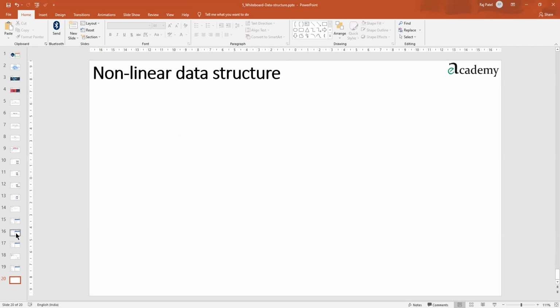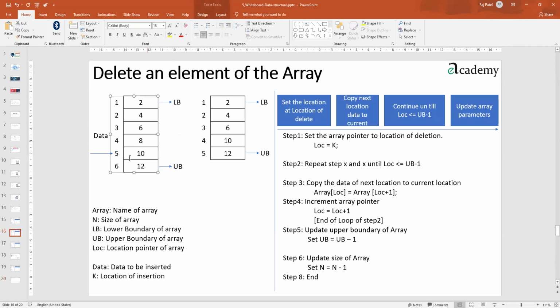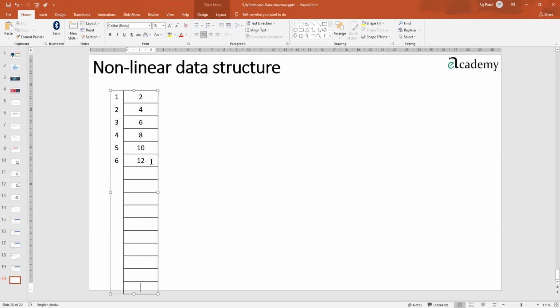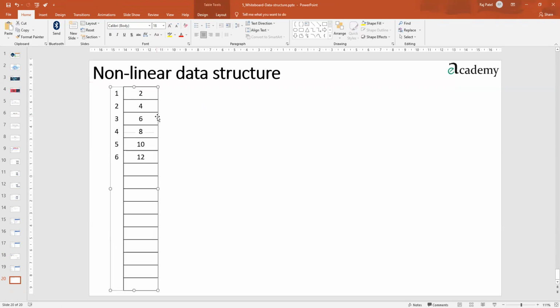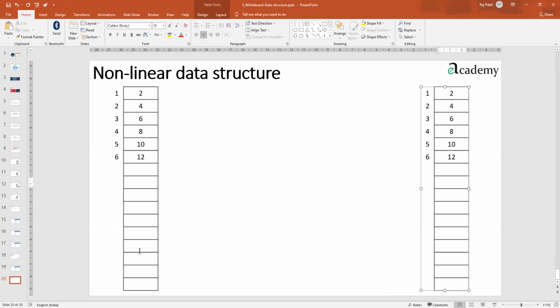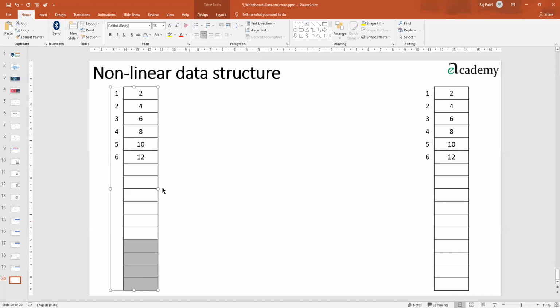Let's say you have this kind of a RAM memory in your computer. There are lots of boxes in your RAM. And this is, let's say, your storage memory, which is of course bigger than the RAM memory.